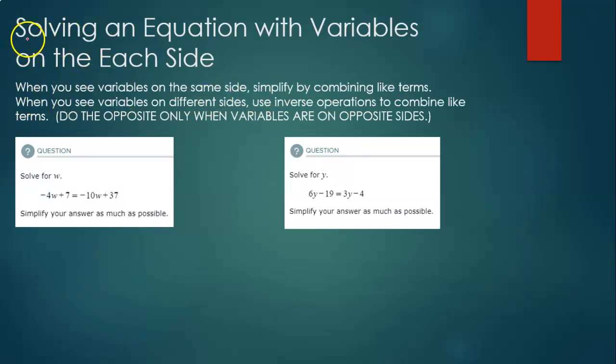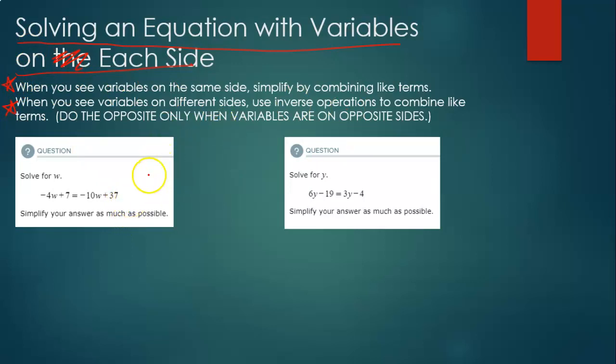All right, so now let's put it all together. We're going to do a new topic, solving an equation with variables on each side. When you see variables on the same side, we simplify by combining like terms. But when we see variables on different sides, we use inverse operations. You should already have had both these things written down, but if you don't, you can go ahead and do